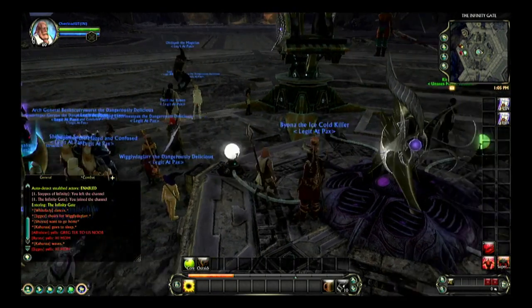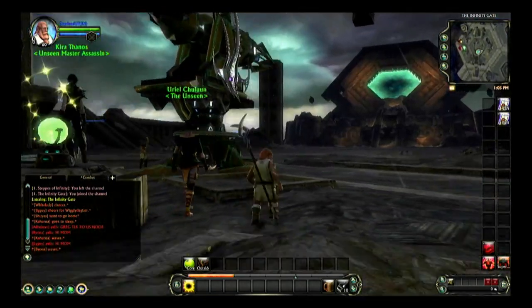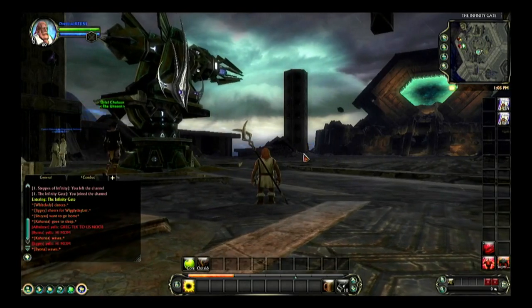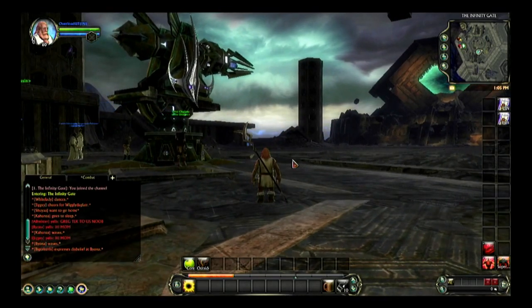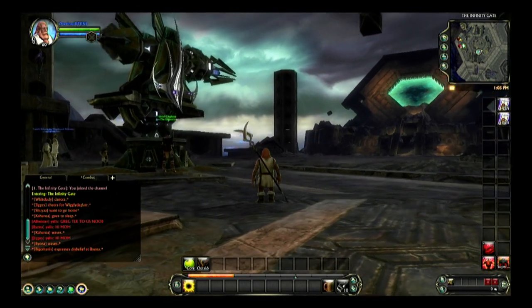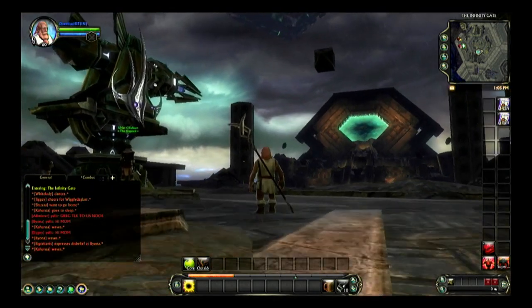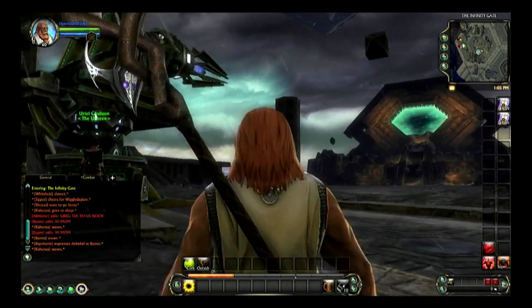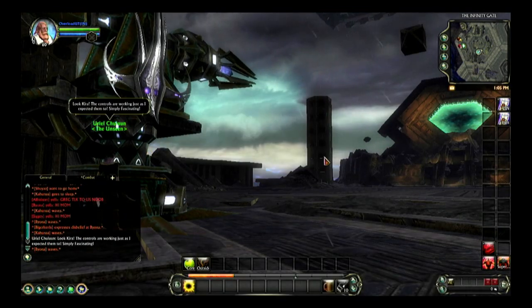I'm doing that right now, and we're going to see this big huge makeshift laser. This is for activating, and we can see a guy walking up to it to turn it on, and it's going to open up the Infinity Gate for the first time here, and we're going to see it in just a couple seconds. So the backstory of the Infinity Gate is,